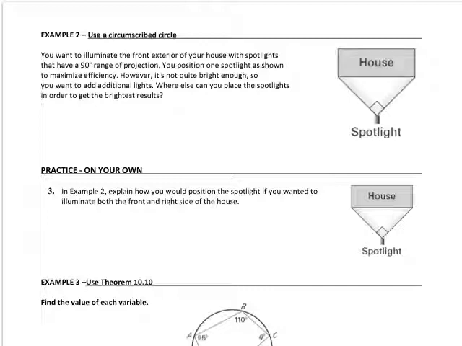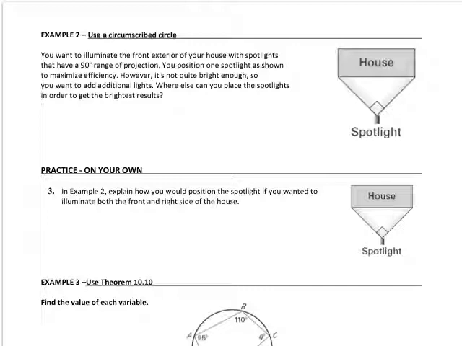Okay, if you would please turn your paper over, I'd like to look at example 2, use a circumscribed circle. And in this problem, we're going to be using theorem 10.9. And 10.9 says if a right triangle is inscribed in a circle, then the hypotenuse is a diameter of the circle. And I want to read through the problem and then I'll explain how that theorem goes with this particular